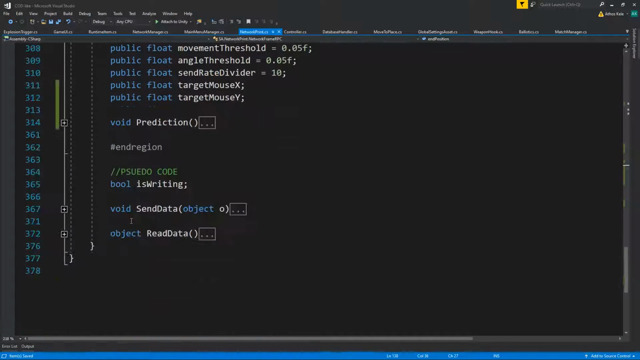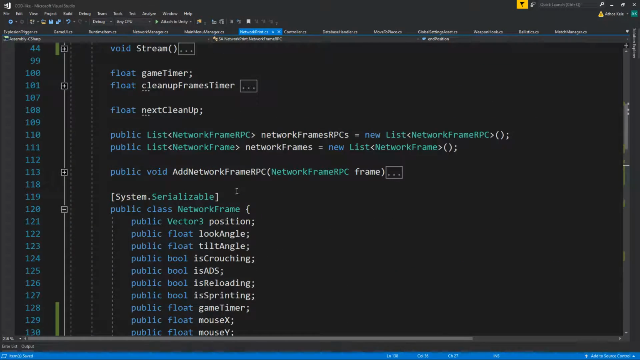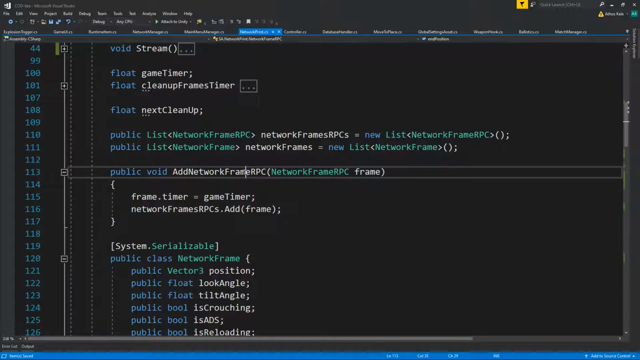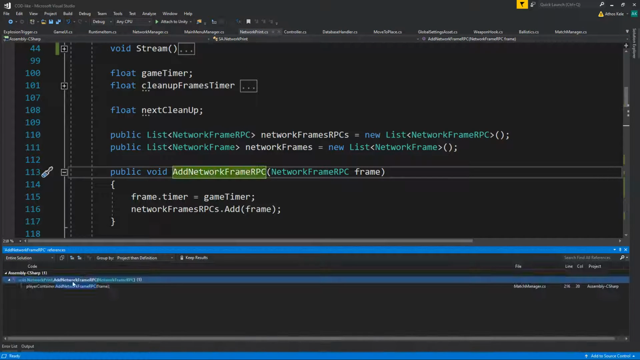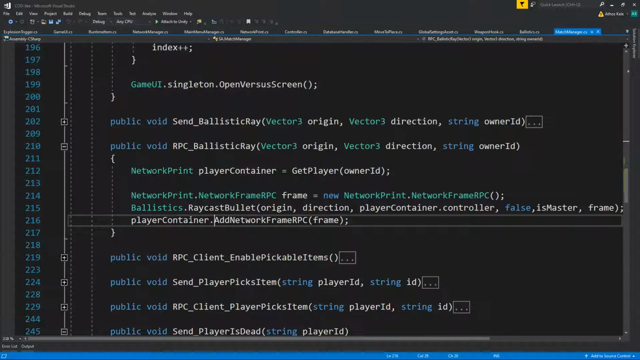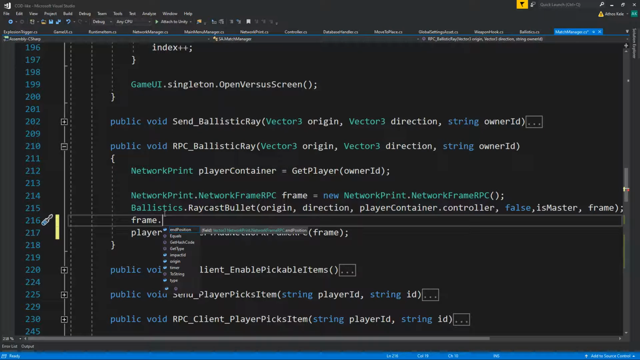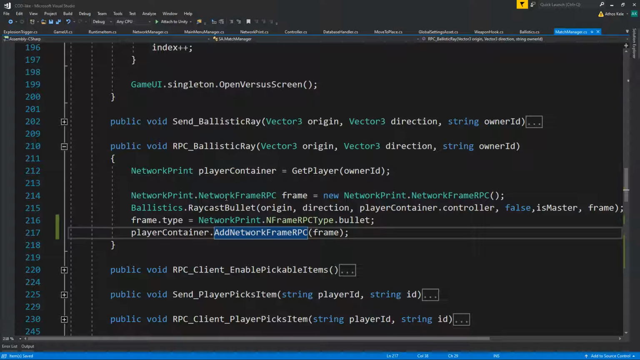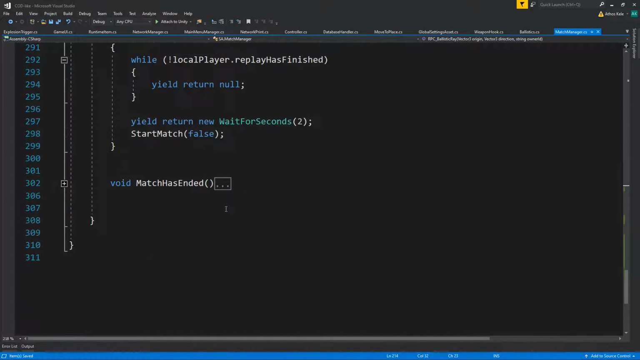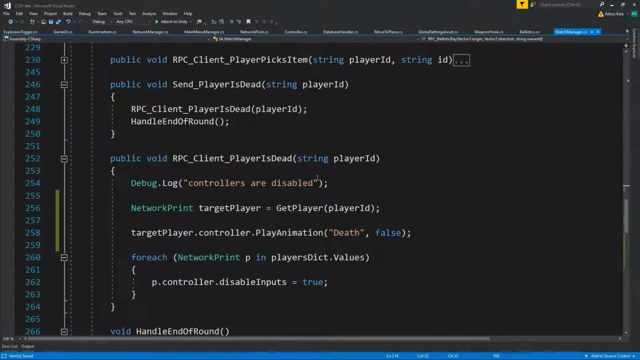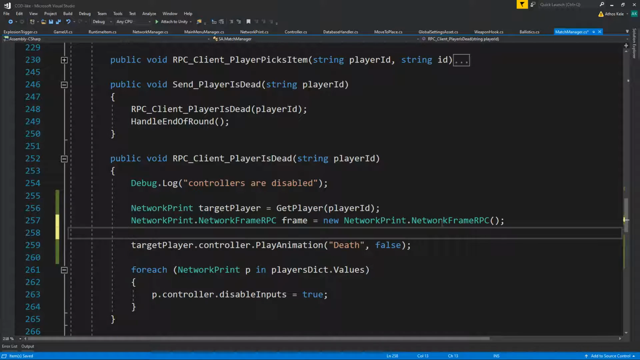Then when we actually assign a network frame RPC, so when we say add network frame RPC, let's go back, player container, network frame. You do have your frame above. This is for bullets, so we will say frame type. That will be a bullet. So from here, or actually here, we can just say network frame RPC frame dot type equals RPC frame dot animation, then frame